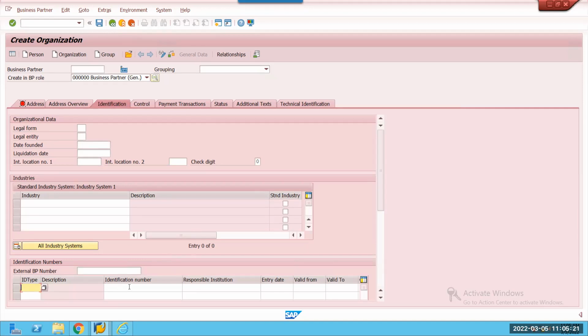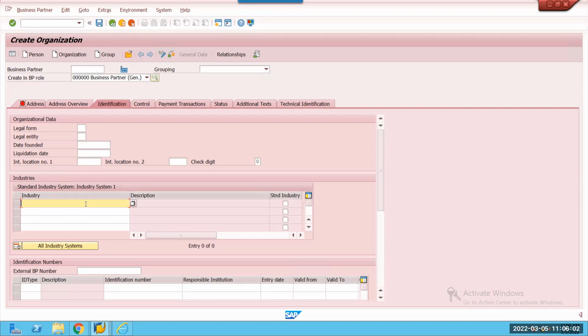And that is for a distributed system, is it? That's the point. Exactly, that is a decentralized system. You are right. Okay, Srihari. In S4 HANA this identification will not be there, right, sir? ID type and all we will not enter. It will not allow in S4 HANA. Even if you enter it, it will say it will not allow you to save. Okay, I got it, sir. I generated this question from the previous question. I will try it in my system and probably explain next week. Yeah, that's good.